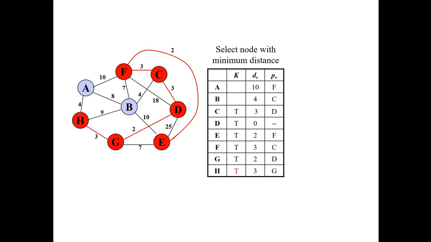Now we have to move to the next. Select node with the minimum distance. So H. Now we have selected H node, because it is at the minimum distance. The distance between G and H is 3. We can compare all other distances also. Which one is the nearest? So H. Now we are updating distance.